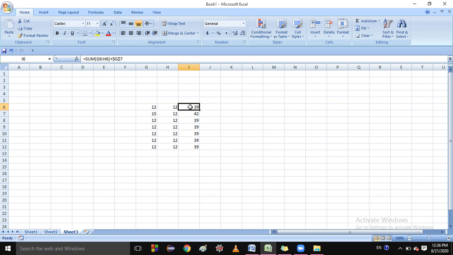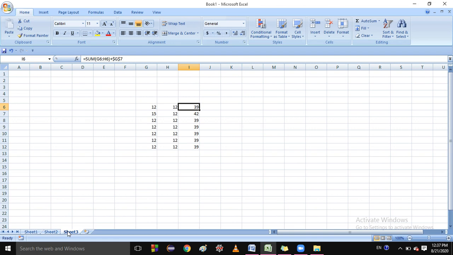First, click on the sheet where you want to add it. Suppose I want to use cell references in Sheet 2, so I will click here. I will highlight this and activate this cell.